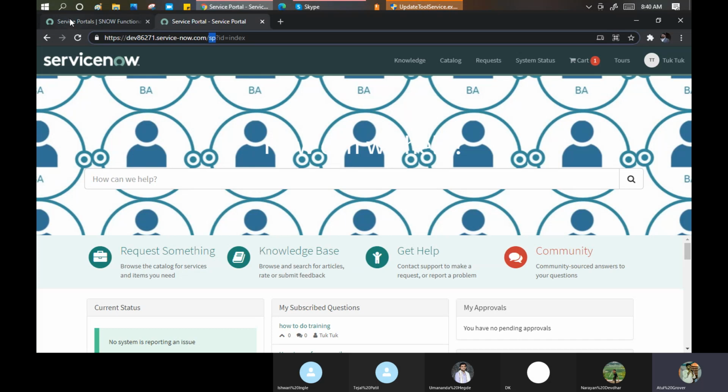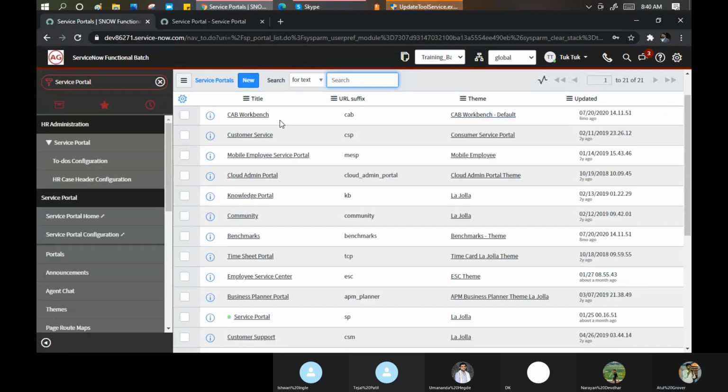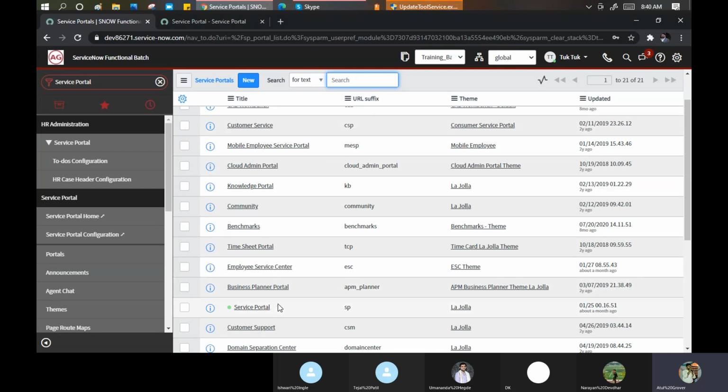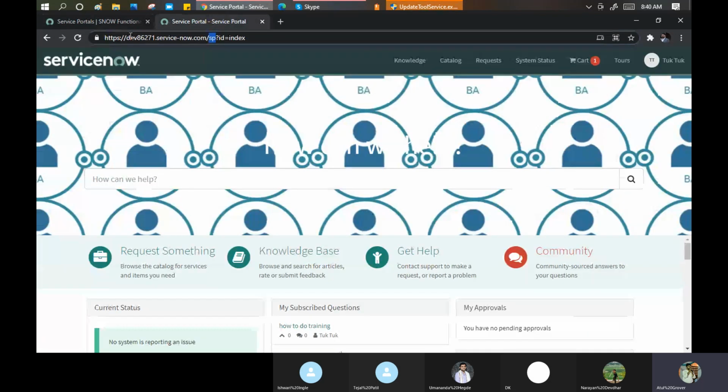Now I go to my application navigator and here you can see my portal name, service portal, right? And the URL suffix means if you open your instance and you put /sp, this portal will open.